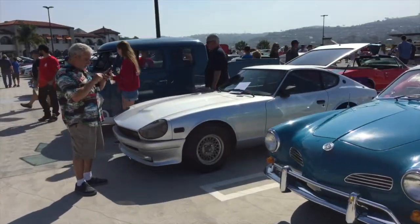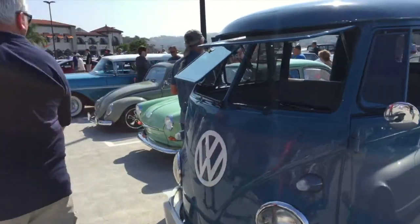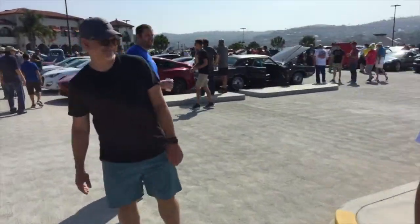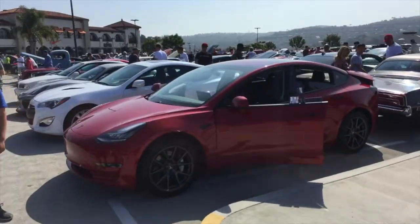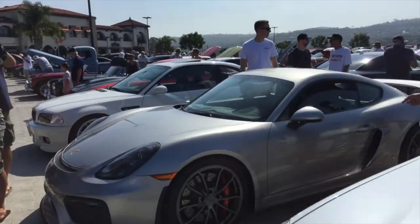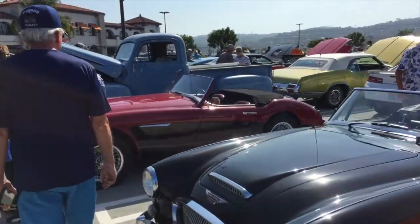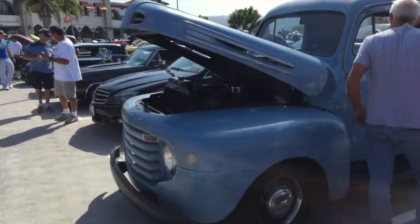bug-eyed Sprite, Karmann Ghia, little Z-Car, Volkswagen bus, really cool. Volkswagen again, another one, Star Chief. And then as we move through, the guys from Rouse Audio here with this Tesla, they've done an amazing audio system, incredible car audio systems. Hyundai, Porsche, and then M3, Mustang, little Austin Healey, a couple of Austin Healeys side by side, really nice to see, such great cars. Moving through, Ford truck,